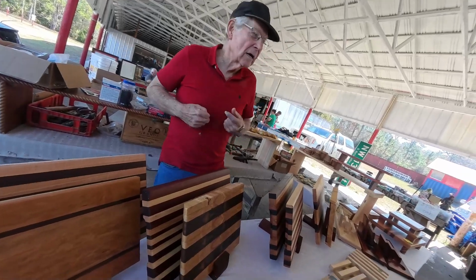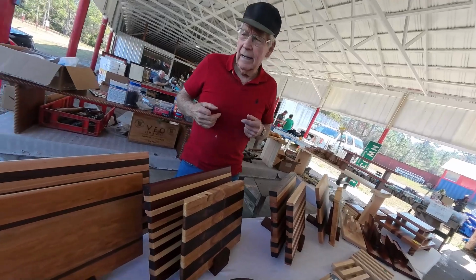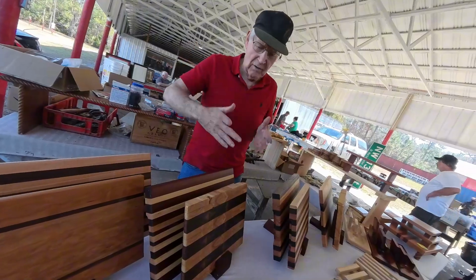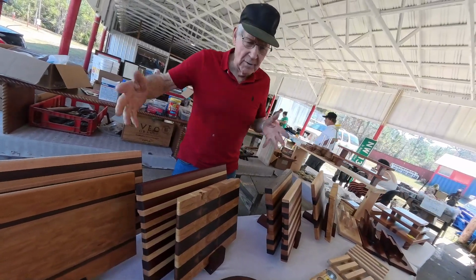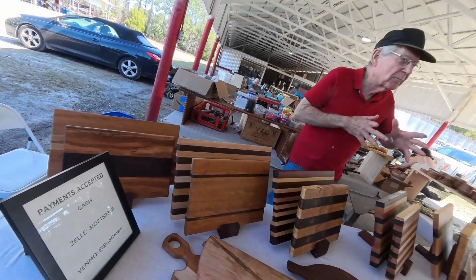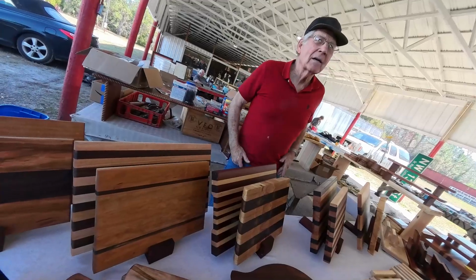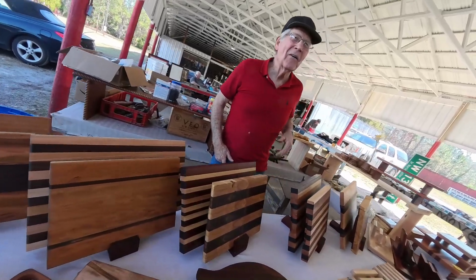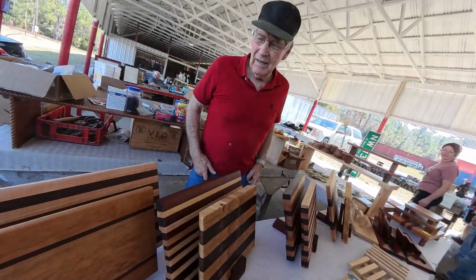I come up there and started running it through the planer, and then I said, okay, what I do sometimes is if I got a lot of stuff long enough for two boards, I'll make one glue up at once. I cut a bunch of them, and after I planed it, I ran it through. I was just trying to produce. I didn't have any fun that week. I did and I didn't. And it just got to the point where, to make